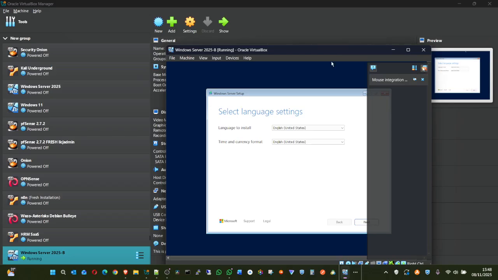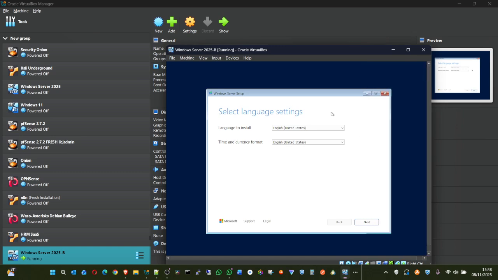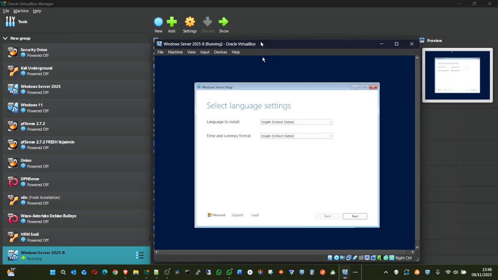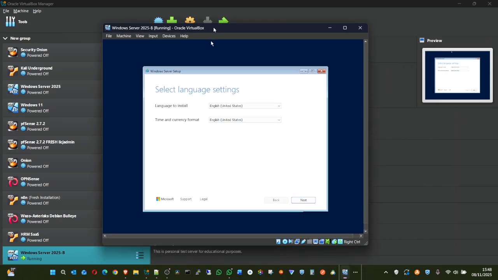I can also click another one again. The first one is a keyboard notification. The next one is a mouse notification right here, so I'll click delete on this one. So this is installing a language setting. The language you want to install is US by default.